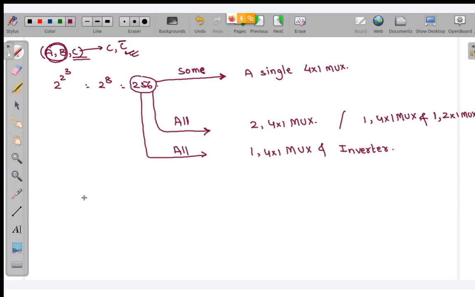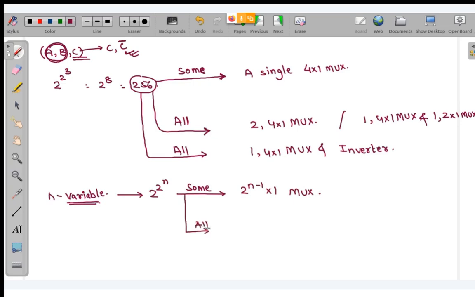So now if I generalize this to n variables, when we have n variables, the total number of functions will be how many? 2 to the power 2 to the power n. Out of this, some of them can be implemented using a 2 to the power n minus 1 cross 1 mux,